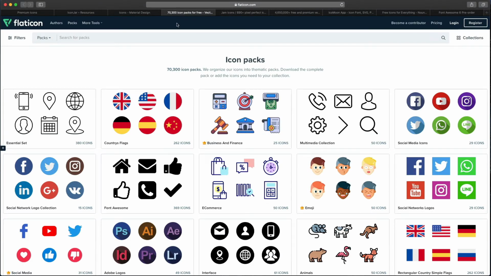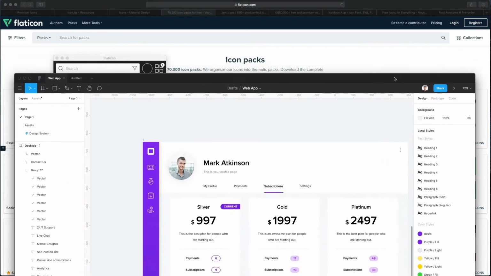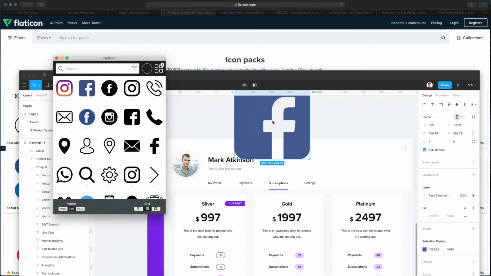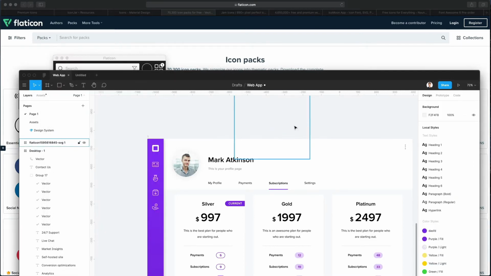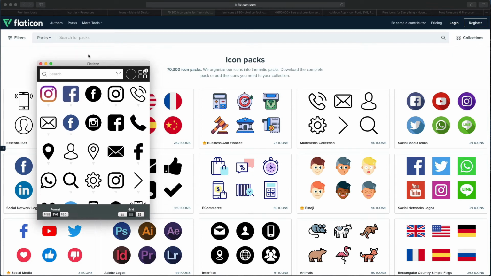So let's go ahead and continue with the next icons, which are Flaticon. With Flaticon, you can also get this Mac software app, which you can see over here. And again, it's great because you can literally drag and drop the icons on top of the Sketch or Figma file. And it's overall a great